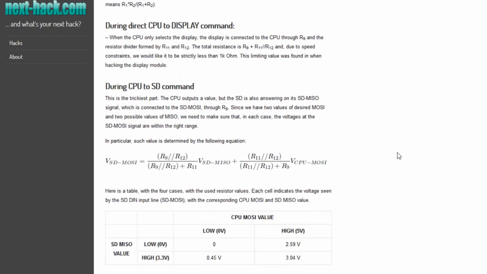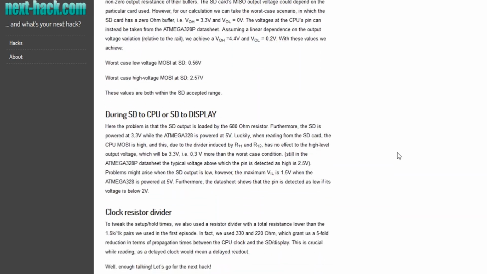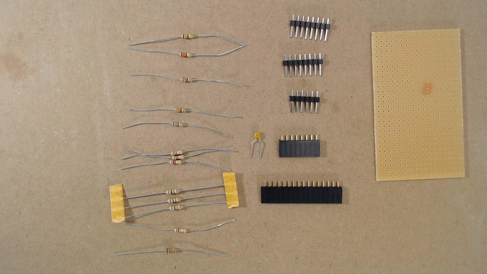On our website you'll find all the detailed calculation of all the resistor values. Here is the final schematic. Since our circuit gets now quite messy, we prefer to build it using a prototyping board instead of a breadboard.